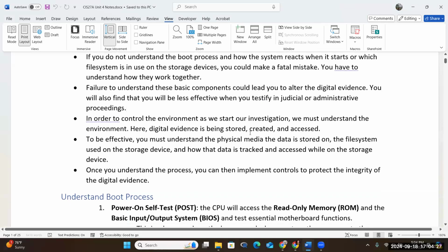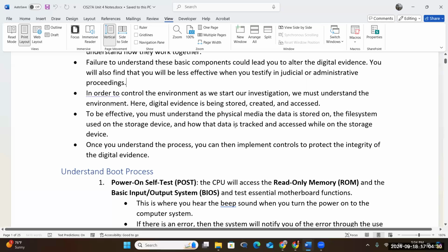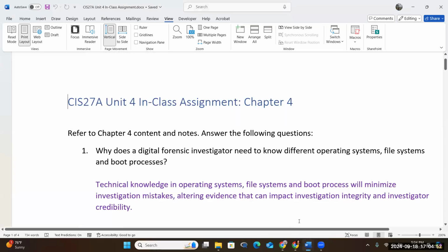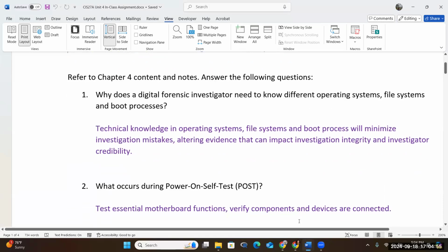So in the investigation, we need to have a thorough understanding of where the data is stored, accessed, or modified. We want to be able to understand how to utilize the devices in our system and understand how the operating system works and where the files go. So in the first question, it asks you, why does the digital forensic investigator need to know the different operating systems, file systems, and boot processes? When you turn on your computer, it is going to go through the boot process,